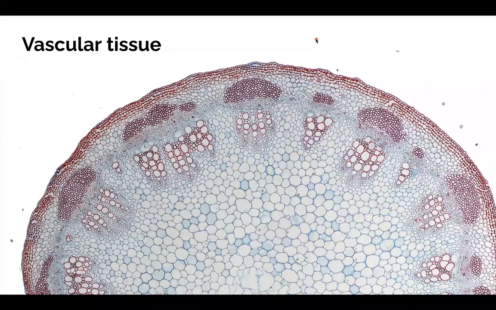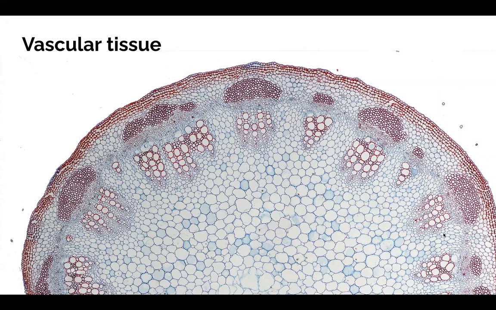So one other kind of tissue system that we'll spend a lot of time talking about has one of the most specialized functions for plants, the very important job of conducting water. So up from the roots into the other parts of the plant, conducting water, and then also conducting sugar away from where photosynthesis happens. So we saw this before, a similar image, a cross section of a stem, with these vascular